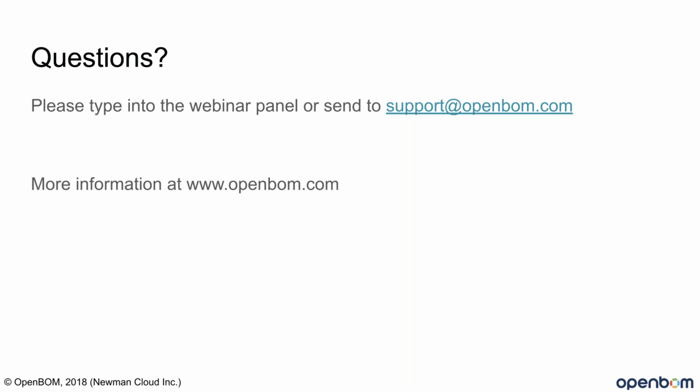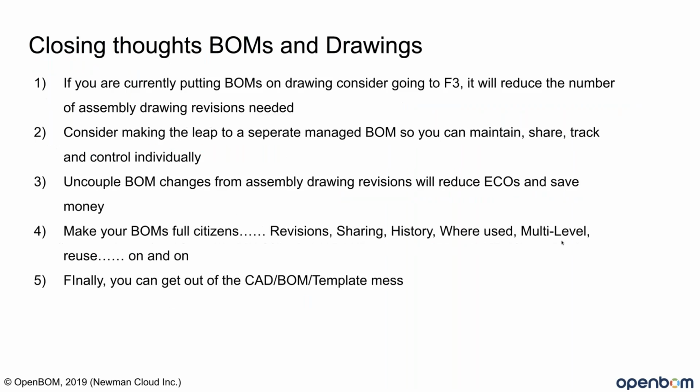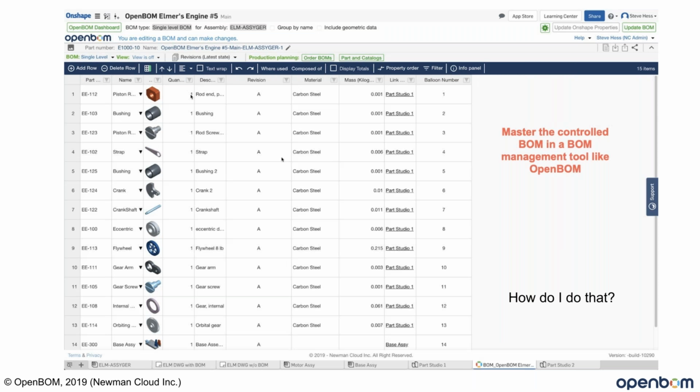Second, in the example, the revision on the BOM is different than the revision on the assembly. That's true. As a matter of fact, the part numbers are different. I think I mentioned I like to use that -10 to be an example of the BOM for a particular drawing. Let's see if I can show that quickly. You can see up here that I've got the same part number as my assembly drawing, but within OpenBOM, I've given it a -10,